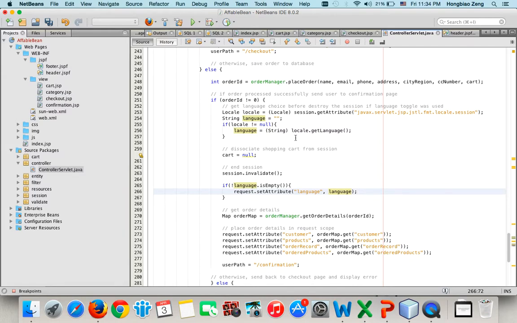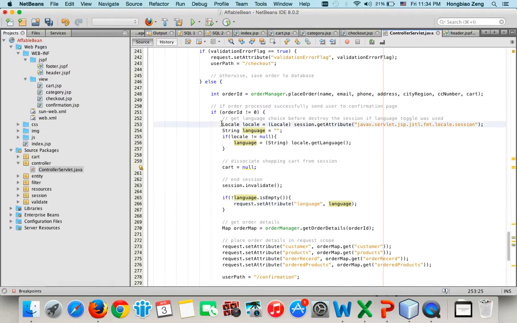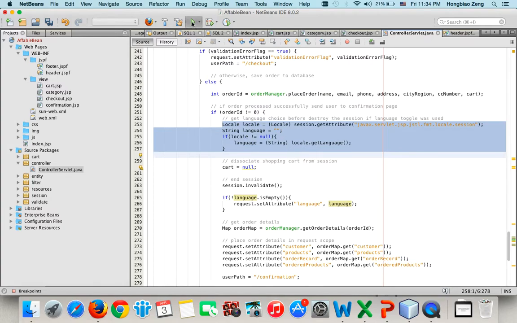So basically, the logic here is very clear. Before you destroy the session, if the language has been set from the language toggle, then I first get from the session the attribute of this locale data. Then from the locale data, I extract the language. Now, if this extracted language is not empty, that means it's not null, you do have one, then request dot setAttribute language is this extracted language. Okay. Now, if I run the project again,